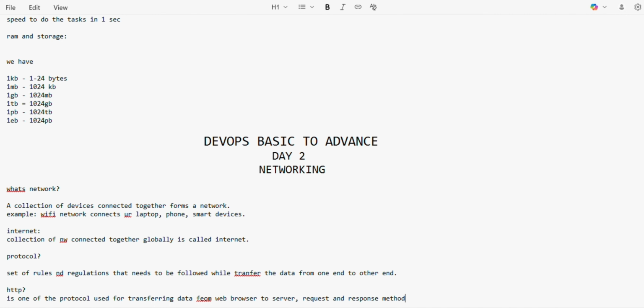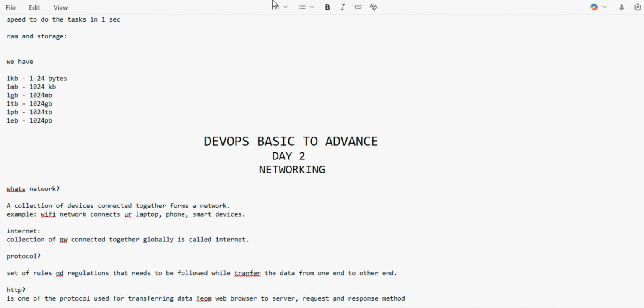This kind of request and response method is called HTTP. You ask the server for data, and the server will authenticate and send the response back. This is called HTTP, and we also call it server-client architecture. In the interview, you might get this question, so be prepared.